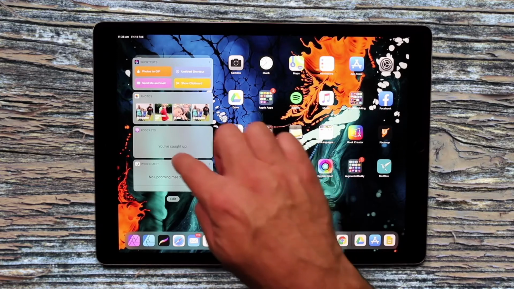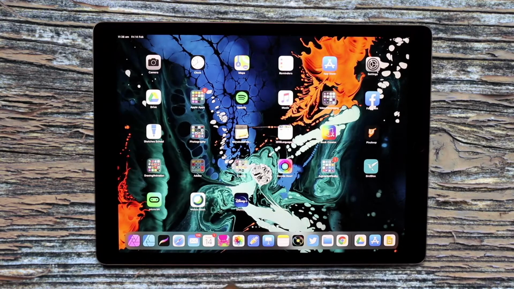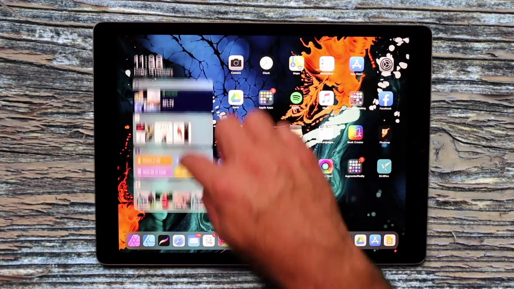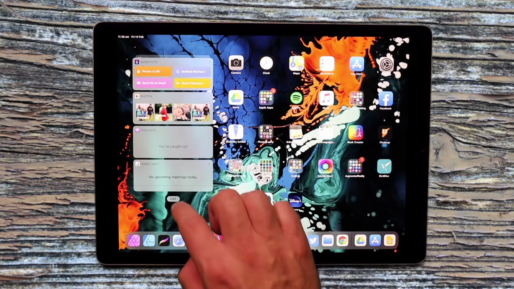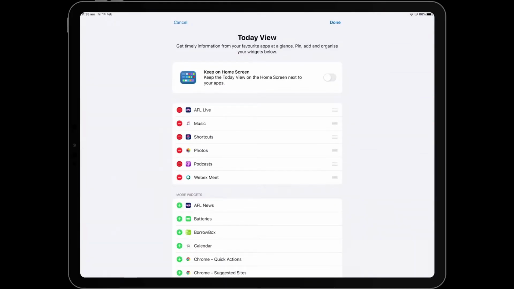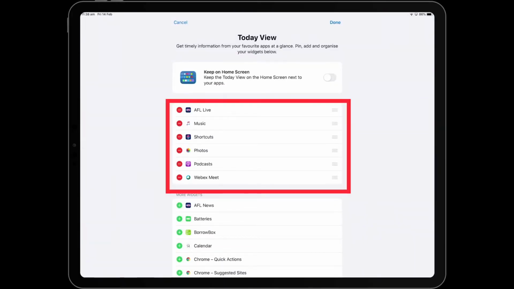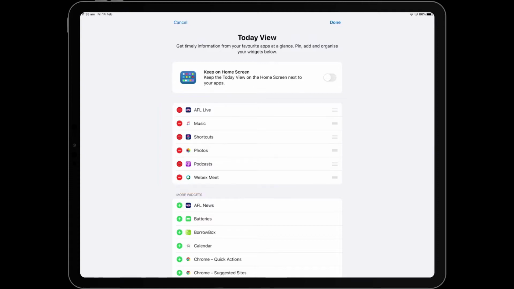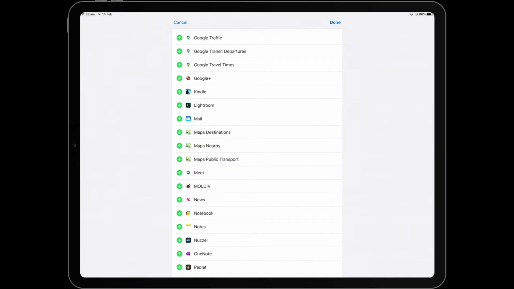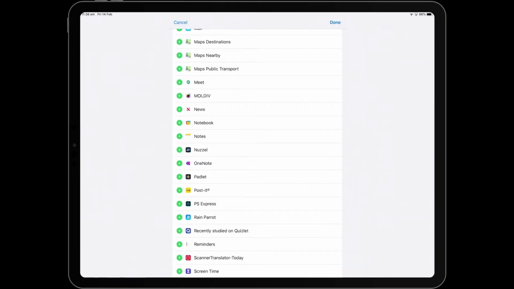You can either just minimize it by pushing it to the side, and revealing it again, or you can customize. So if you don't want some of these things to be there, you can scroll to the very bottom and it reveals the edit button, and then you can see what apps you have on the widget already, which are these ones here with the red minus symbol, and then you can come down here and you can see all the other suggested apps that you can have as widgets, and by hitting the plus you then add those